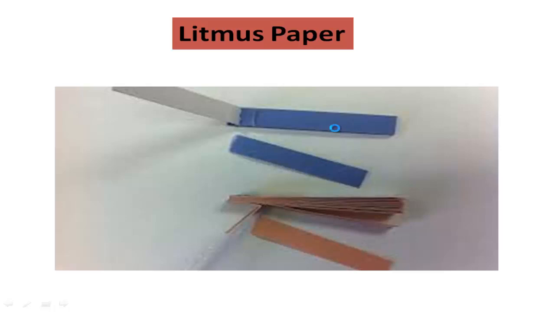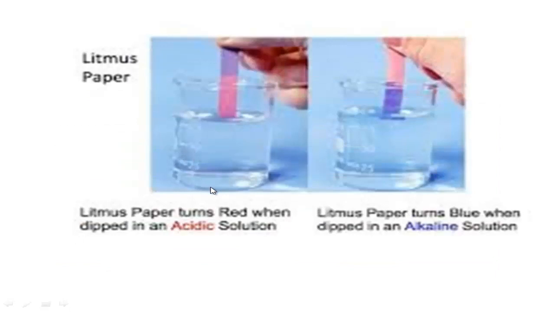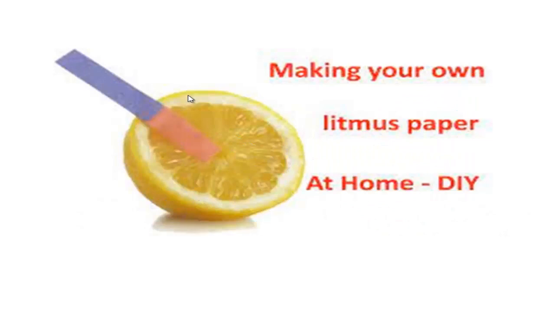For example, if you immerse blue litmus paper into an acidic solution, then it will turn red, and if you immerse red litmus paper in a basic solution, then it will turn blue. This is the nature and the characteristics of litmus paper. In this way we can indicate whether a substance is acidic or basic, but we cannot identify the pH value. For example, in our daily life at home, we can easily identify the acidic or basic nature of our daily food or daily used cosmetics or different substances.